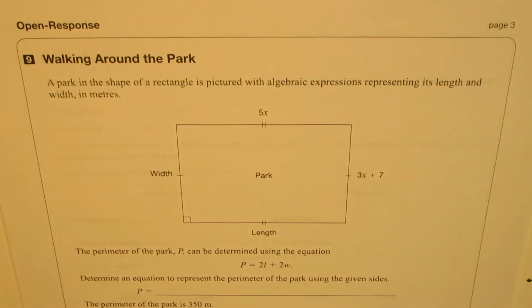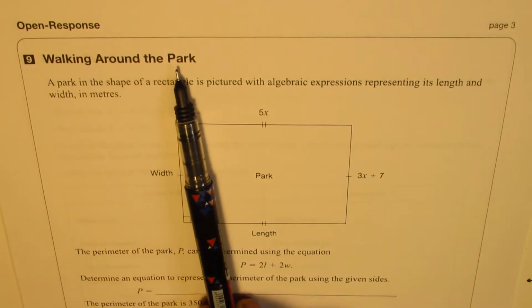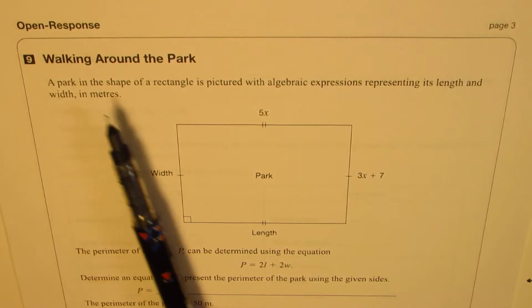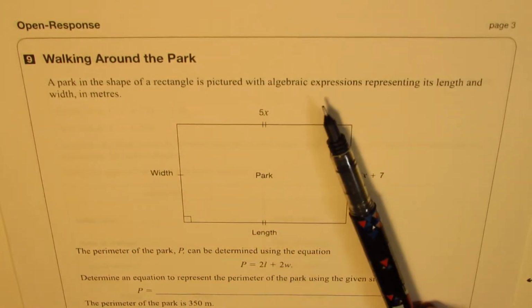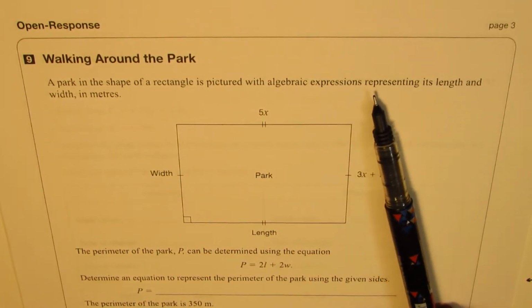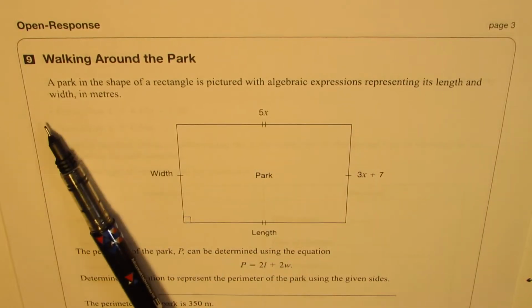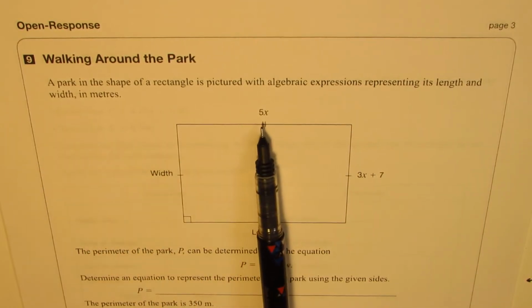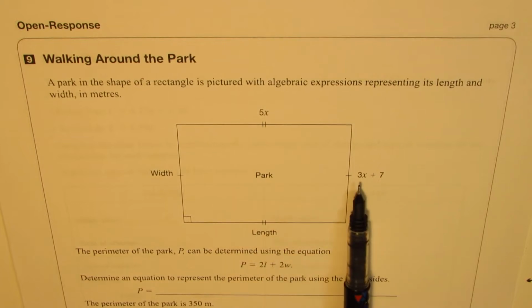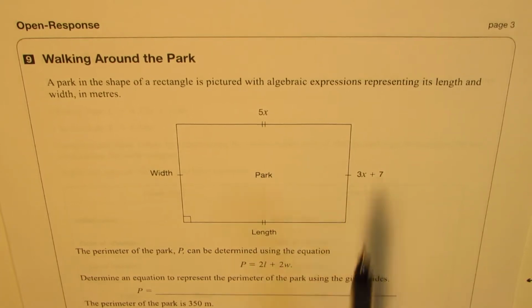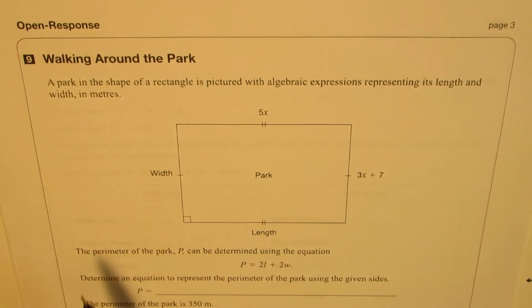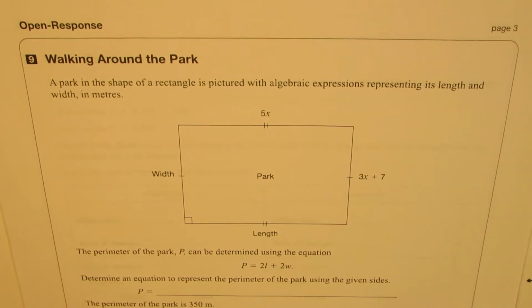The very first question is question number 9, which is walking around the park. A park in the shape of a rectangle is pictured with algebraic expressions representing its length and width in meters. So the length is 5x and the width is 3x plus 7. So that is the park. Now the question for you is,